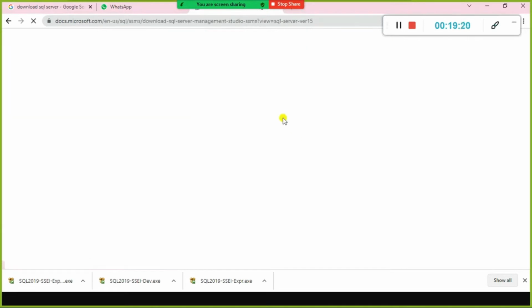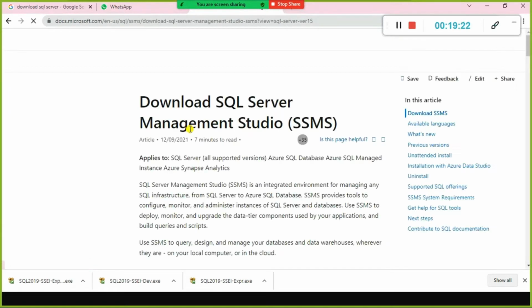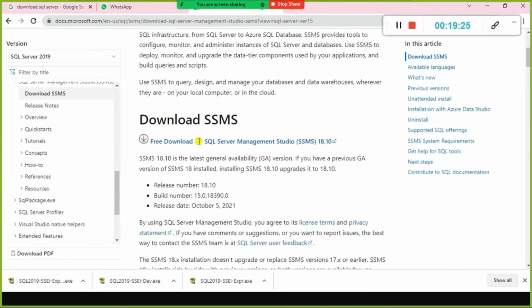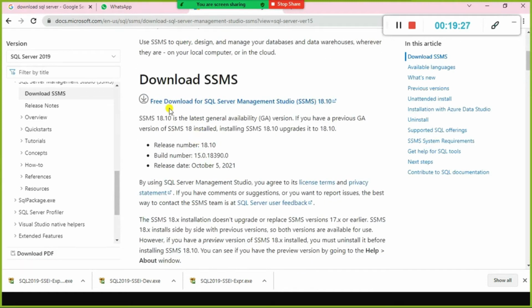Look here, you can go here, scroll down, you can find the free download for SSMS. Now I'm going to initialize the download. It will take a while to download.